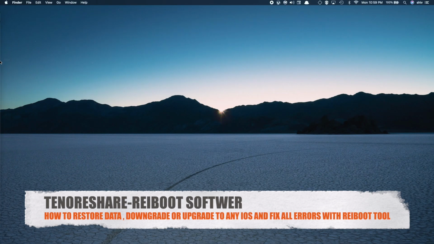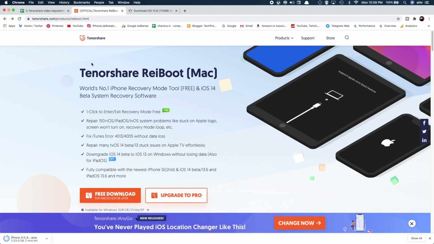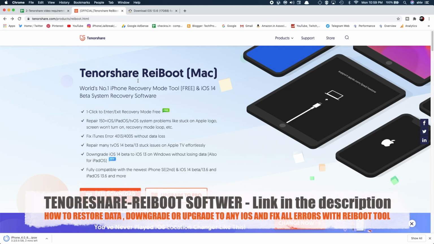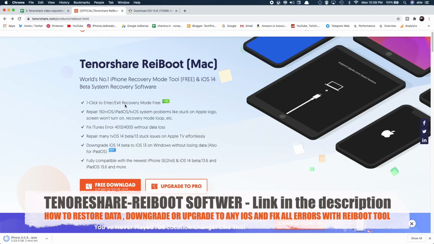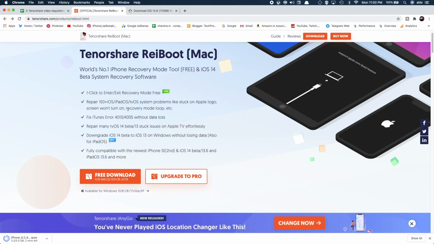Now if you click on the link in the description, you will head over to this website called Tenorshare Reboot. As you can see here, you can fix all of the problems they mention, and you can get one-click recovery mode, fix 1043 and other errors without data loss.